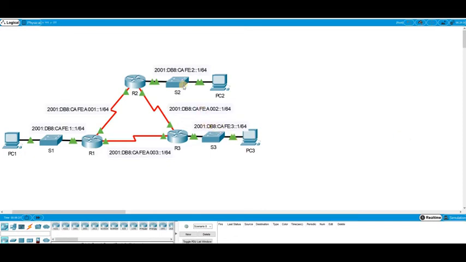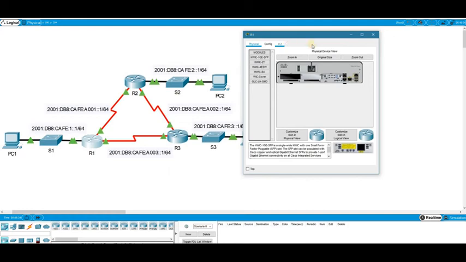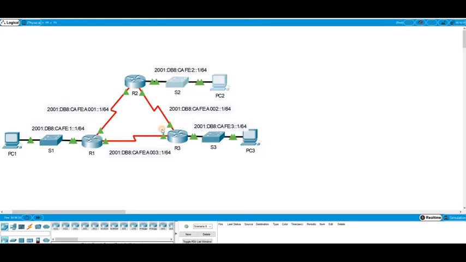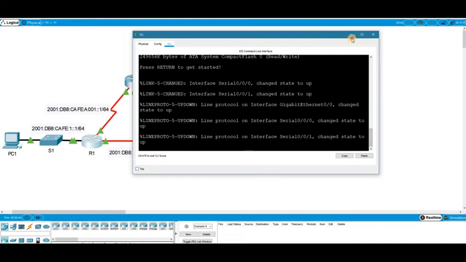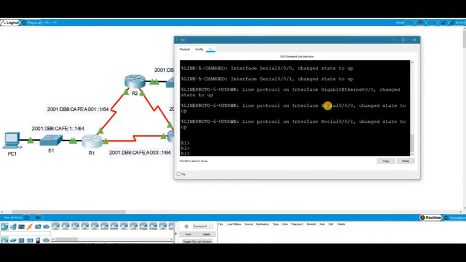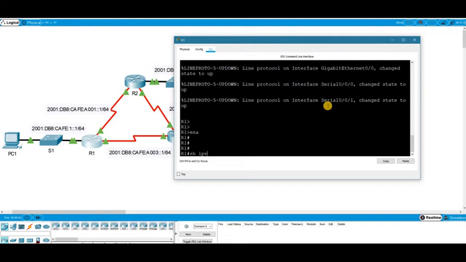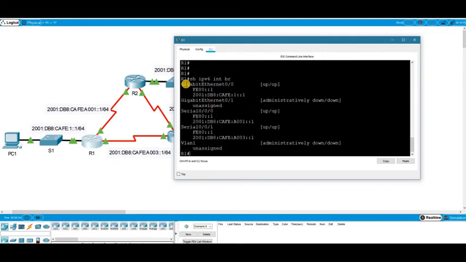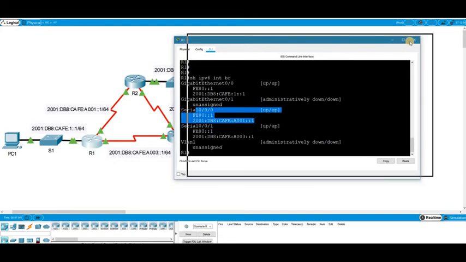Okay, so all the networks are already given right there, and I believe the IP addresses are also pre-configured as well, so you don't need to worry about the interfaces. To check on that, you have to show IPv6 interface brief. As you can see right here, we already have IP addresses working on interfaces, so we don't need to configure them anymore. So just go straight forward with the